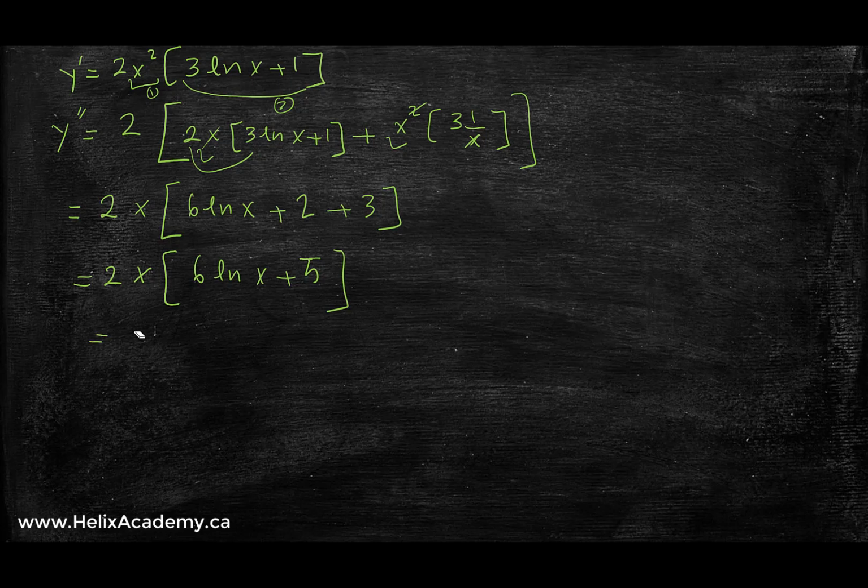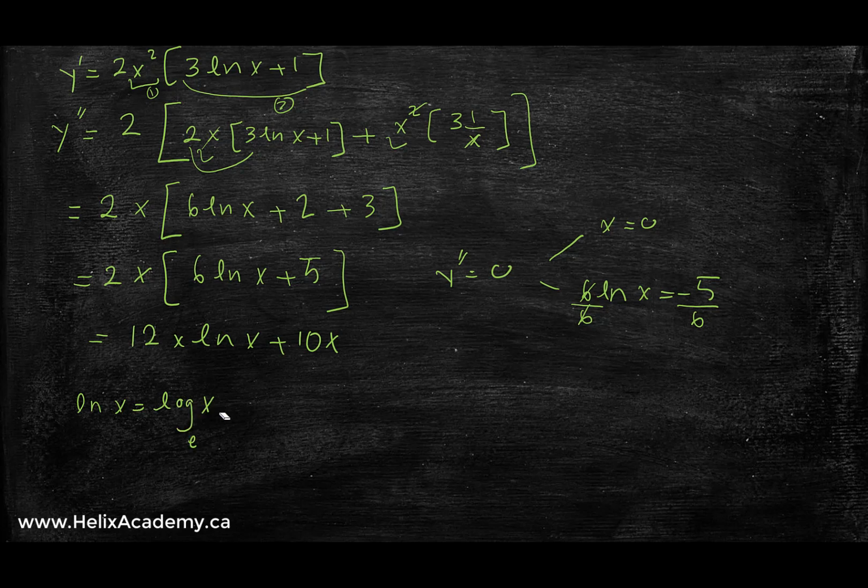That can be simplified to 12x ln x plus 10x as well. But I like this one because I can easily put this equal to 0. So in order to put this equal to 0, I will have x equals 0, and I will also have 6 ln of x equals negative 5. In order to solve for x, I need to divide both sides by 6. And as I explained before, again, we can get some more practice here, because ln of x, the natural log of x, equals negative 5 over 6. Therefore here x is pretty much equal to e to the negative 5 over 6,